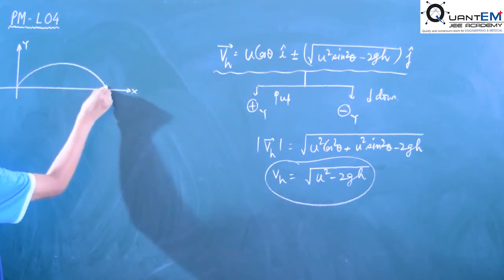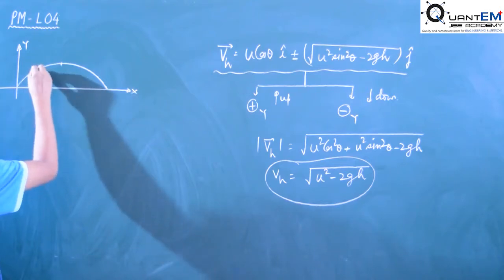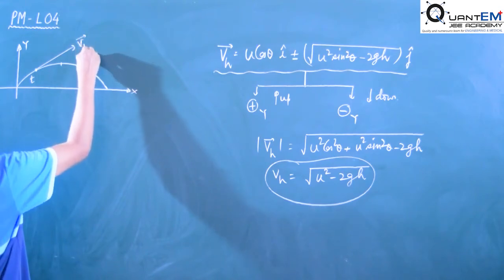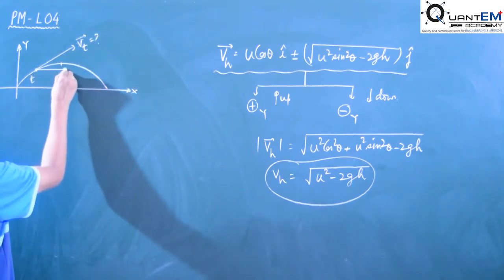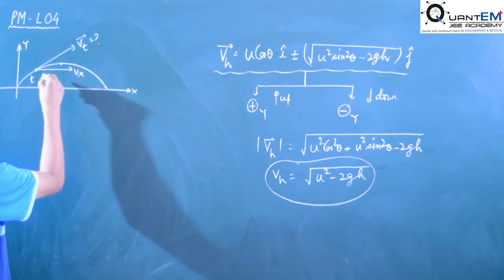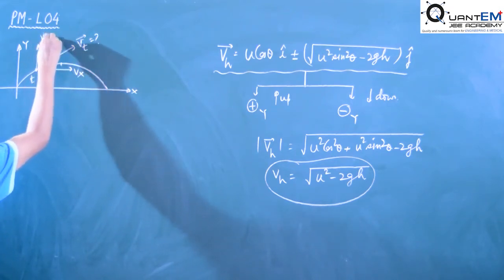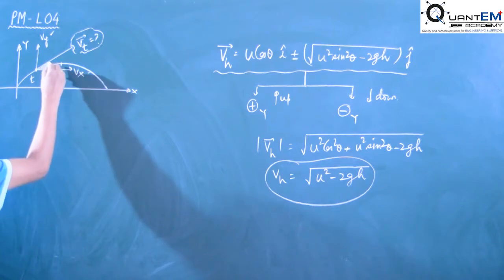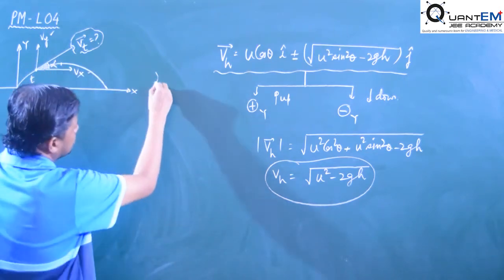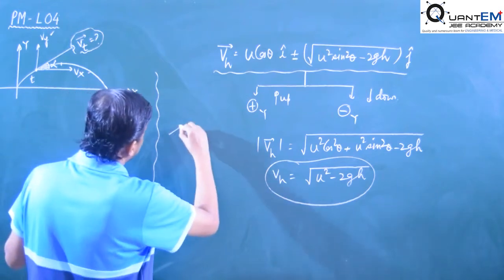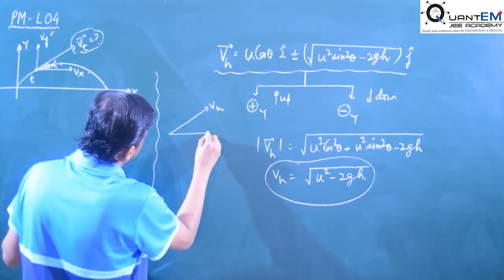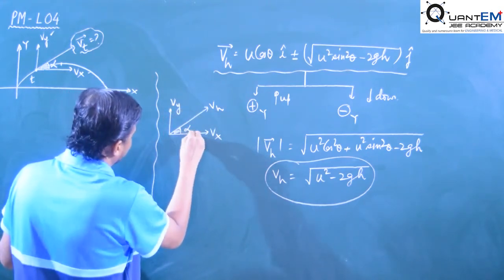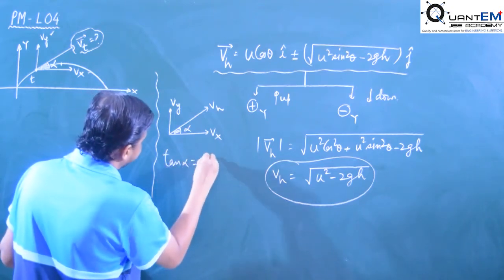You have to get the velocity at any time t. Suppose at time t you have to get the velocity v. See, this v is neither along the x coordinate nor along the y coordinate. So after getting vx and vy, we may easily find the value of the velocity at any time t. And suppose this time it is forming an angle alpha. Here also you have to find the value of alpha, suppose this one is the velocity at any height h, and we have vx and vy. Both results we get, and we have to get the value of alpha.